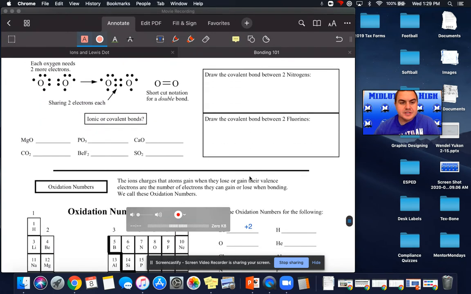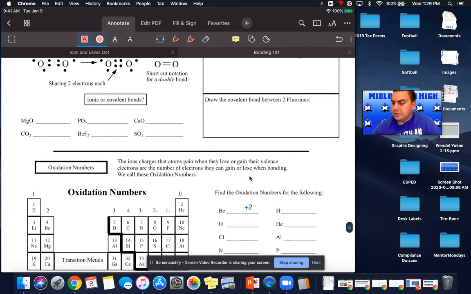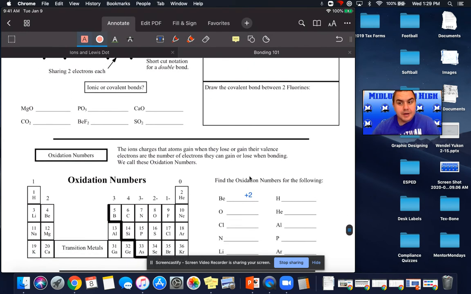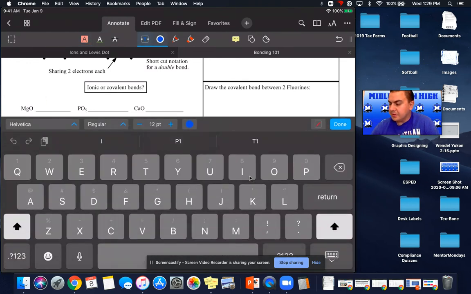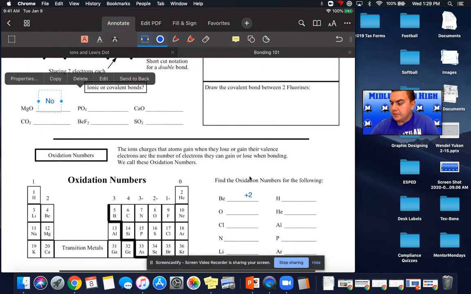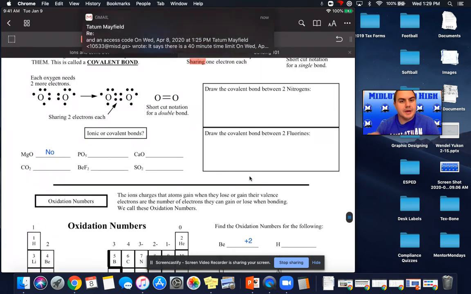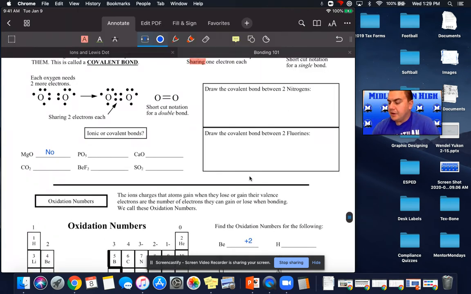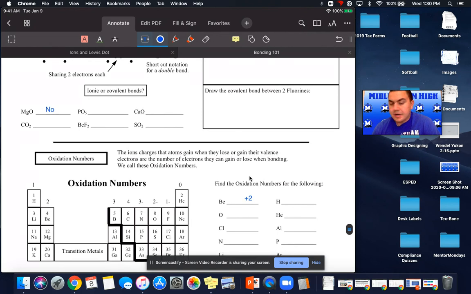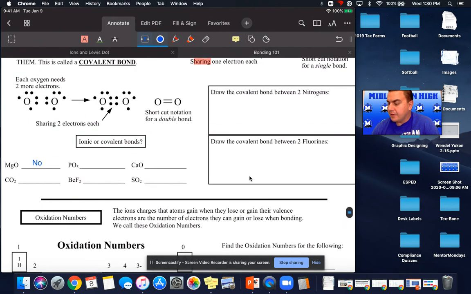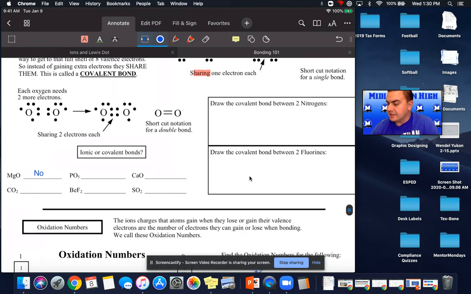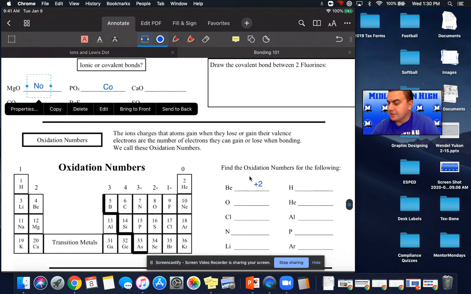So when we're looking at these example questions, is that ionic or covalent? So MgO, well, if you look over here, Mg's got a positive. It's a metal. So Mg cannot be any type of covalent. So this would be a no. CO2, carbon dioxide. That's a bad question. I'll get back to that. PO5. P is over here in the -3s. If we look down here, O is over here in the -2s. So -3, -2, they're both negative. That creates a covalent. So I guess this would be covalent. This will actually end up being